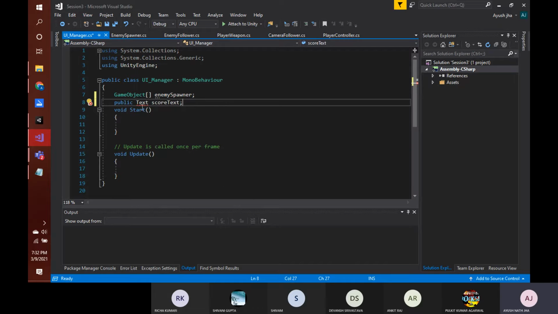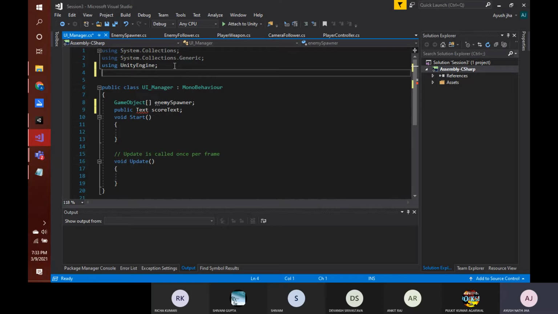You can see that it might be giving you an error that text does not exist in the namespace. This is because you have to import one additional library, that is using UnityEngine.UI.